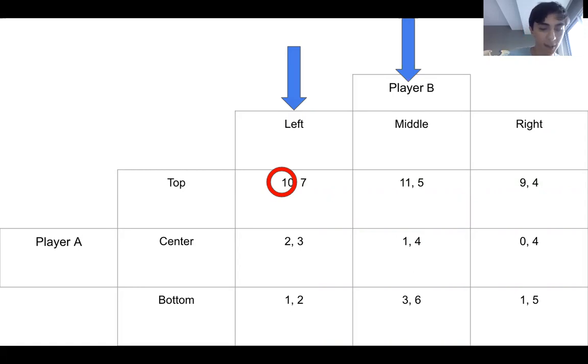Yeah, top. Exactly. Okay. Player A is going to choose top because that's the one where they get the most points. And then if player B hypothetically chooses right, then